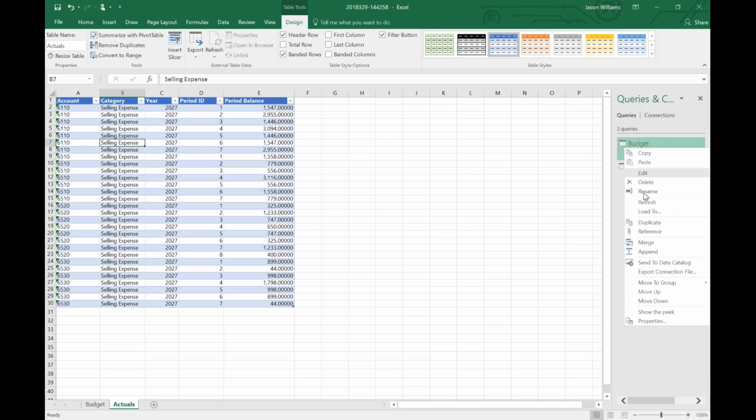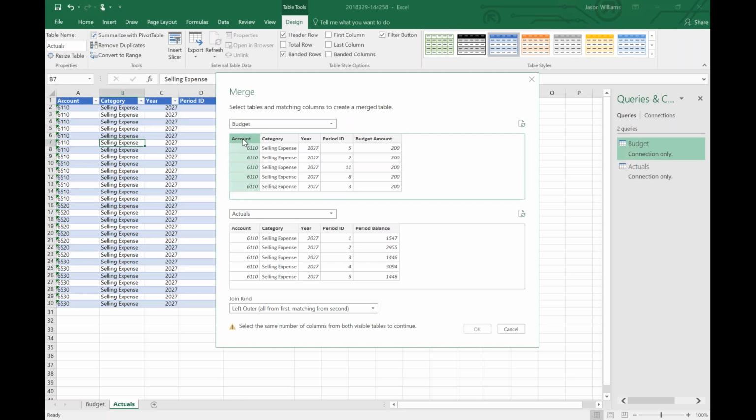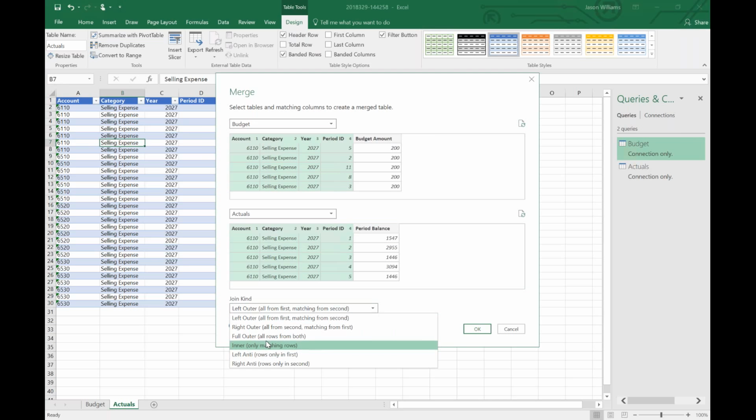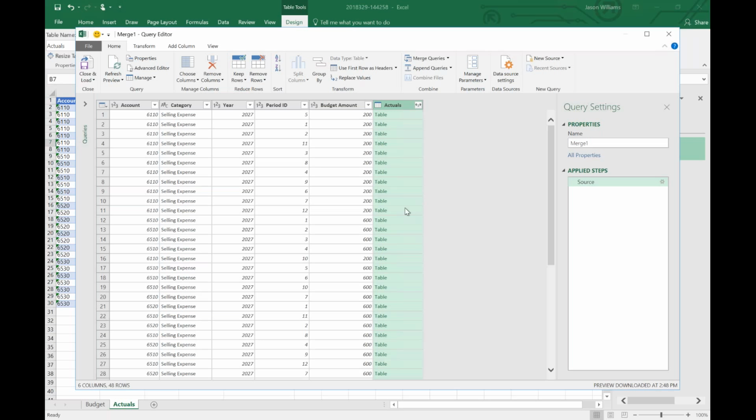Well, let's try that one more time. I'm sorry, I missed a step. So we're going to merge the tables to actuals. We're going to pick our four fields, do a full outer join, click OK. And the step I missed is I forgot to tell it for the budget table which field, or